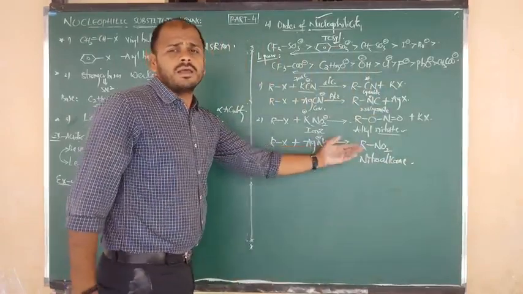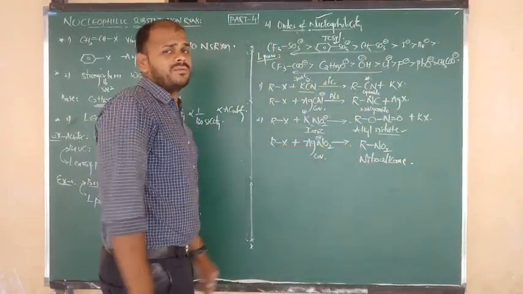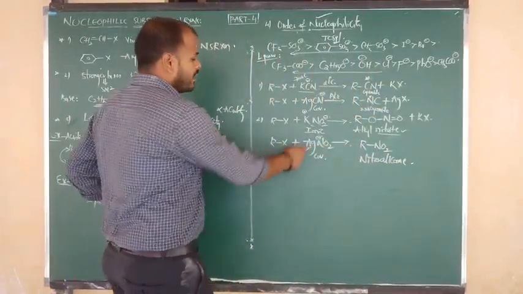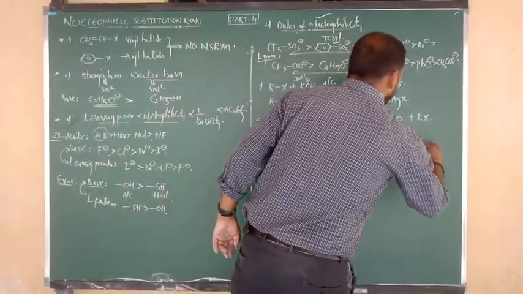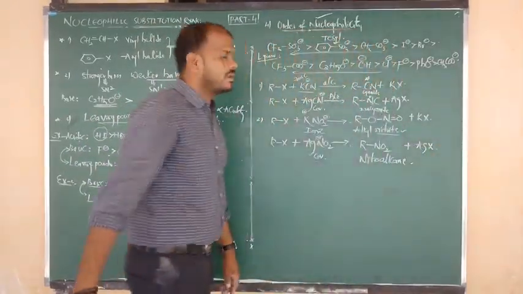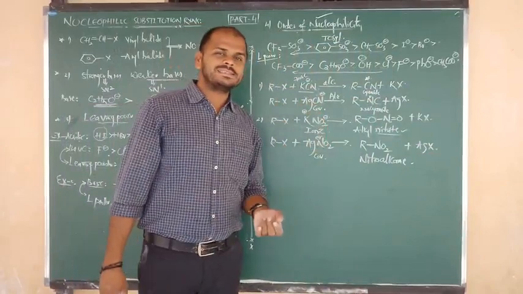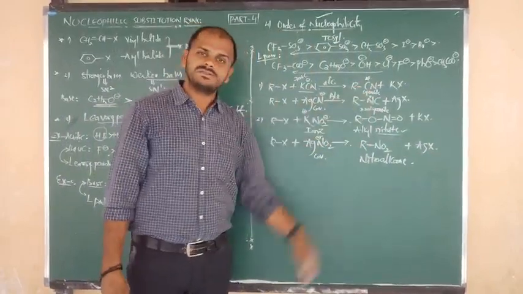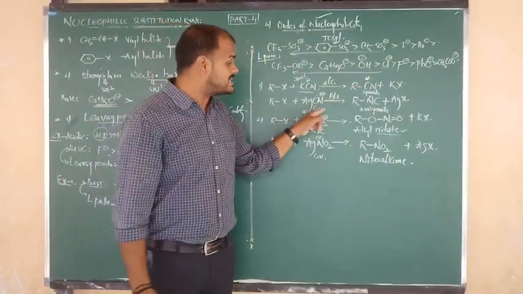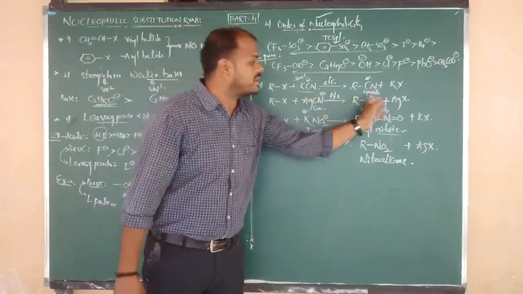In place of R, nitromethane, like that we can prepare different types of compounds. Ag combines with X and is removed in the form of AgX. In the case of alcoholic KCN, the ligating center is C, that gives cyanide. In the case of alcoholic AgCN, the ligating center is N, and the product is isocyanide.